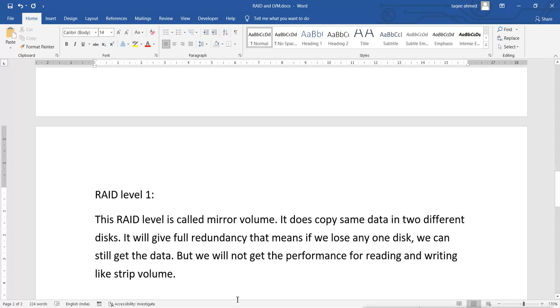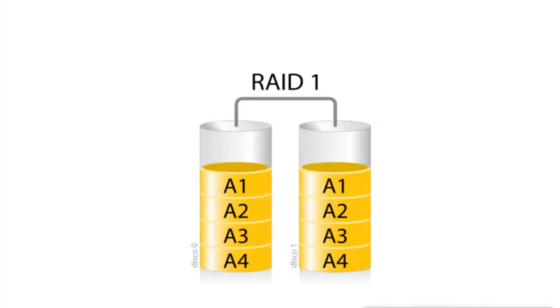So how does it copy the data? Very simple. This is your two disks, suppose in RAID volume 1. When we add the data, remember, combining these two disks we get one single RAID level 1 disk. Now when we store data into this RAID volume, this RAID partition, it will store the data into two disks based on the controller level.